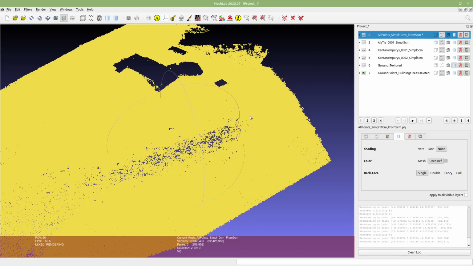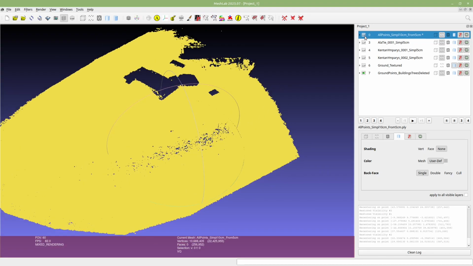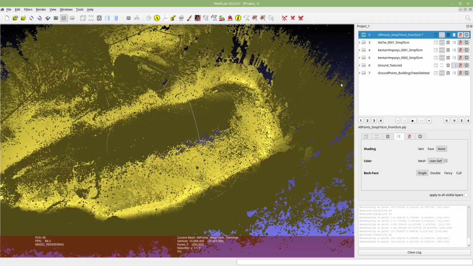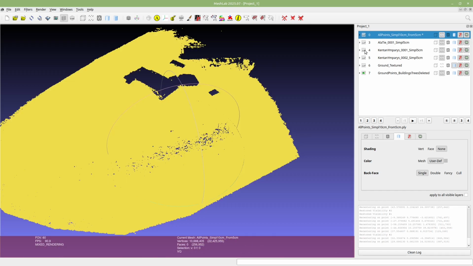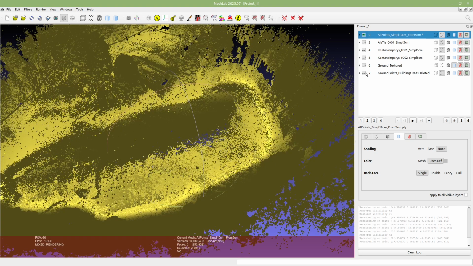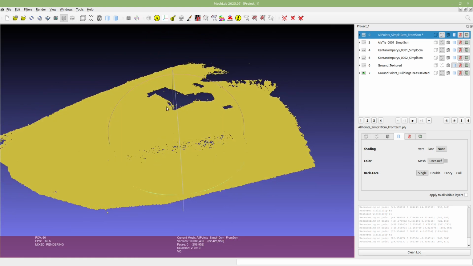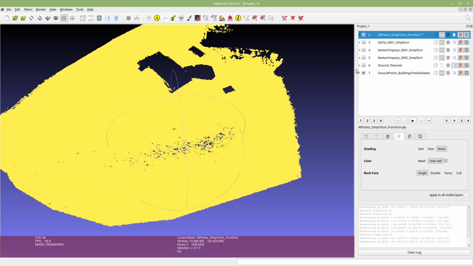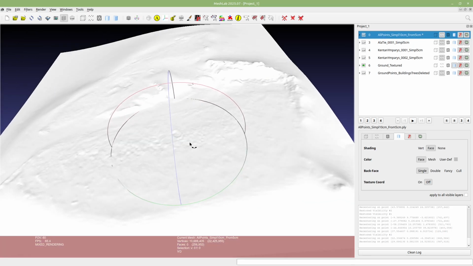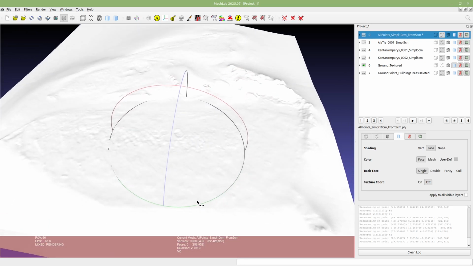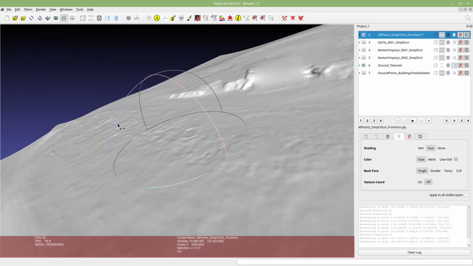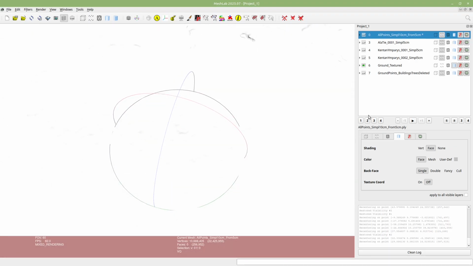These are basically the same points as here, but with buildings and trees removed, and all the normals are pointing up. So the algorithm can better reconstruct this surface from those points.